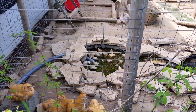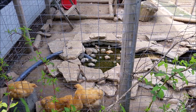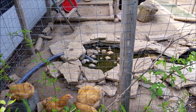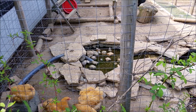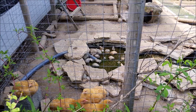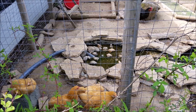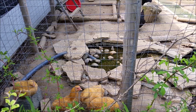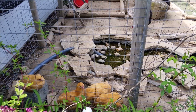This originally was set up as a bog filter pond. The hose was very small diameter, I'm guessing maybe 3/4 of an inch from the pump, and it bypassed. At the time I didn't have any of these filter barrels set up here. At the time the hose went from the duck pond straight up to the bog filter, and the bog filter,